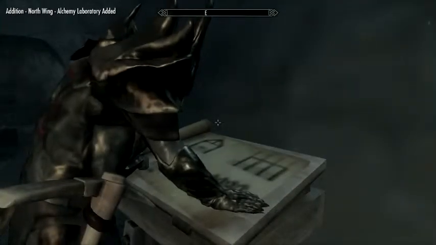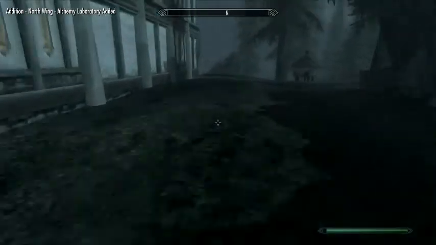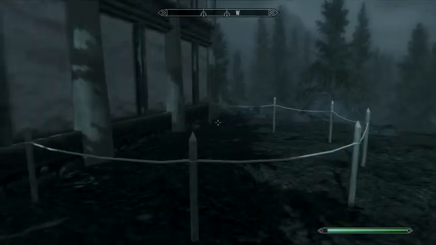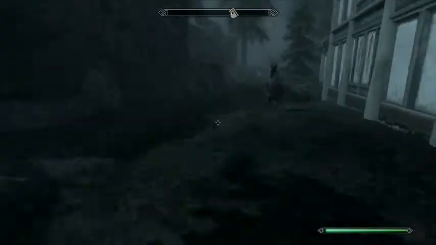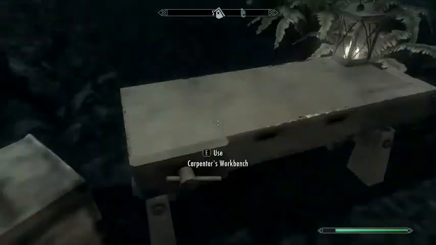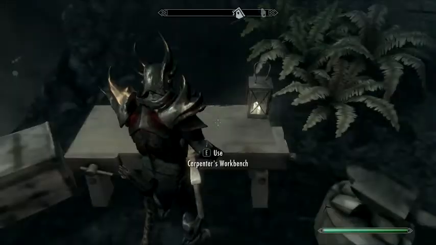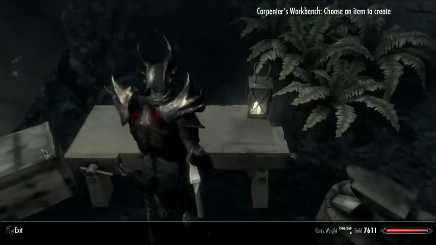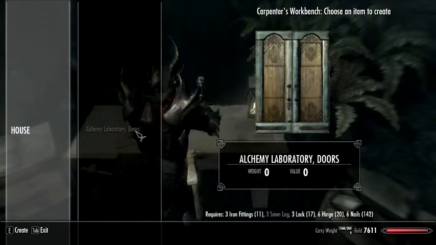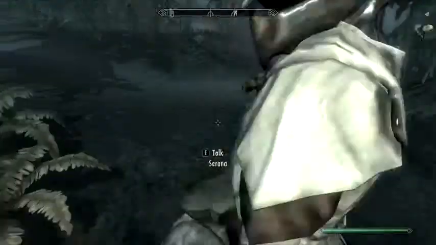So we've just done the alchemy laboratory, which means that now, as you can see over here, there should be a circle that indicates that's where the laboratory is going to be. So we're definitely sure that that is going to happen now. We know that that's there, and the next step is to come over to the carpenter's workbench. It's a little bit glitchy sometimes, but now there's going to be something called house. As you can see, alchemy laboratory doors, and we need 3 sawn logs,